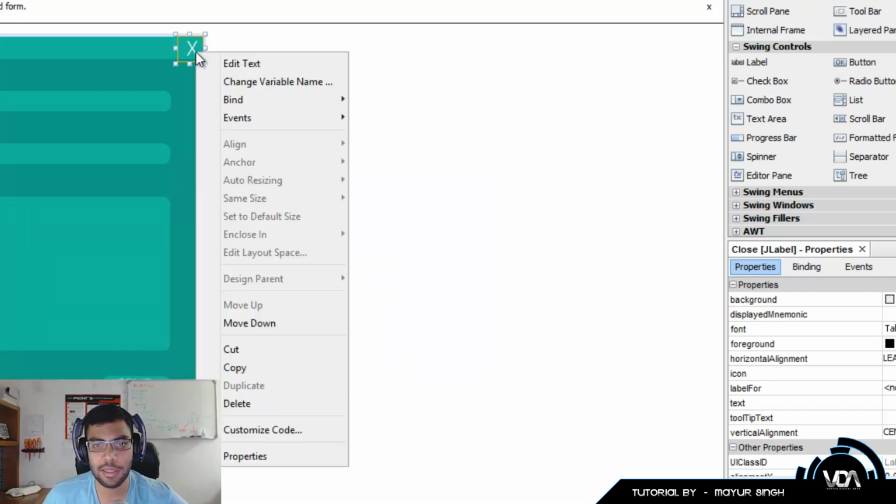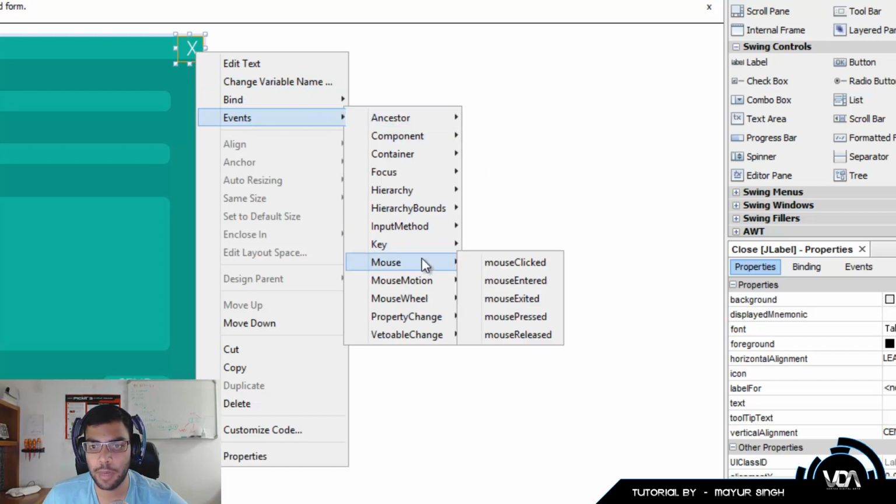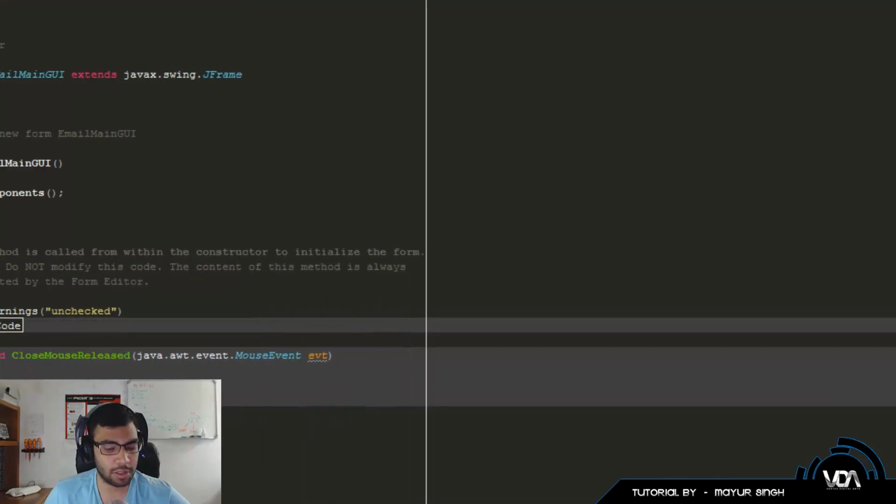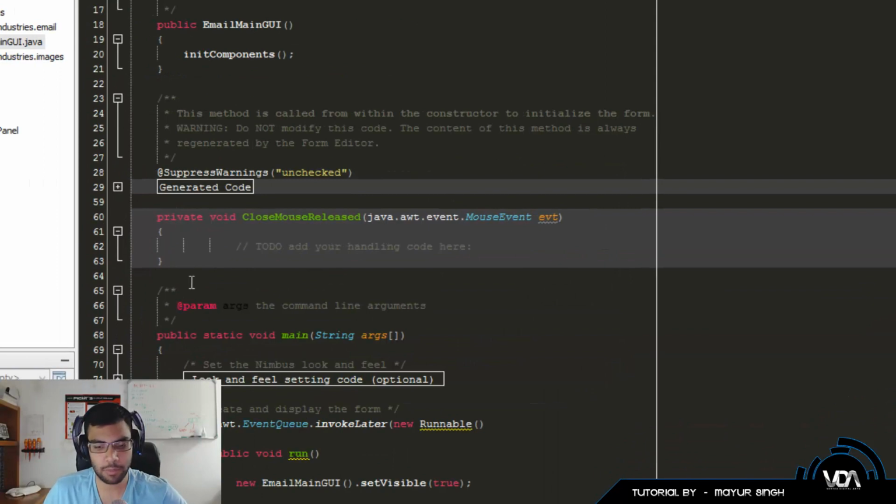So when you right click on this, go down to events, mouse, let's go with mouse released. In mouse released, it's going to take us to the code. I'm just going to edit this out real quick. And in here, we're just going to type in System.exit(0);